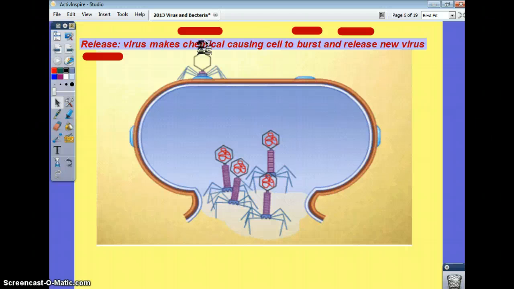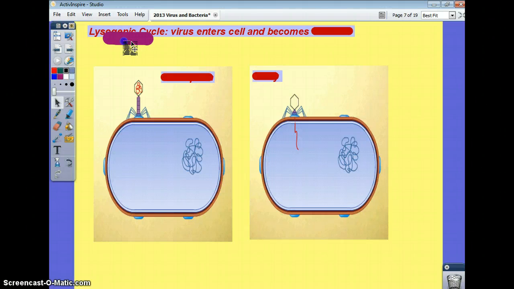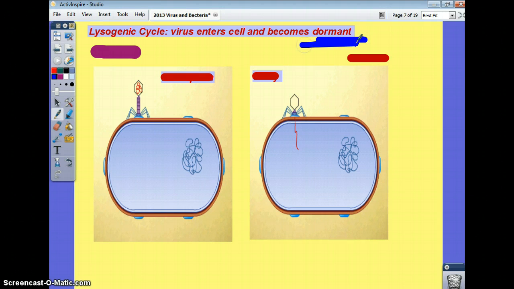The same thing. So during the lysogenic, we've got a type of reproduction where the cell's still affected by the virus, but the virus is in a dormant state, okay? So this is like the virus somewhat sleeping. Same start. What's the start? Attaching or absorption, because the virus kind of absorbs itself into the cell's membrane, okay? And then what happens? Injects or inserts, entry of DNA or RNA.